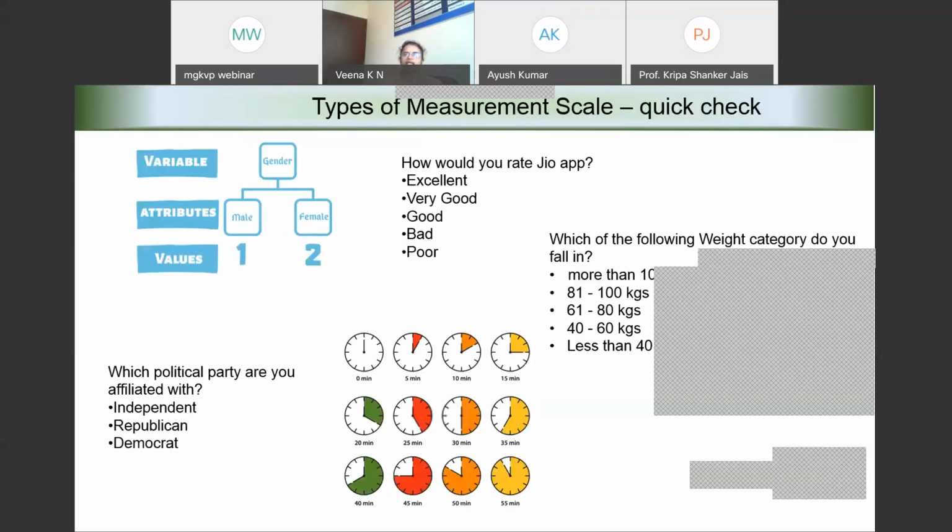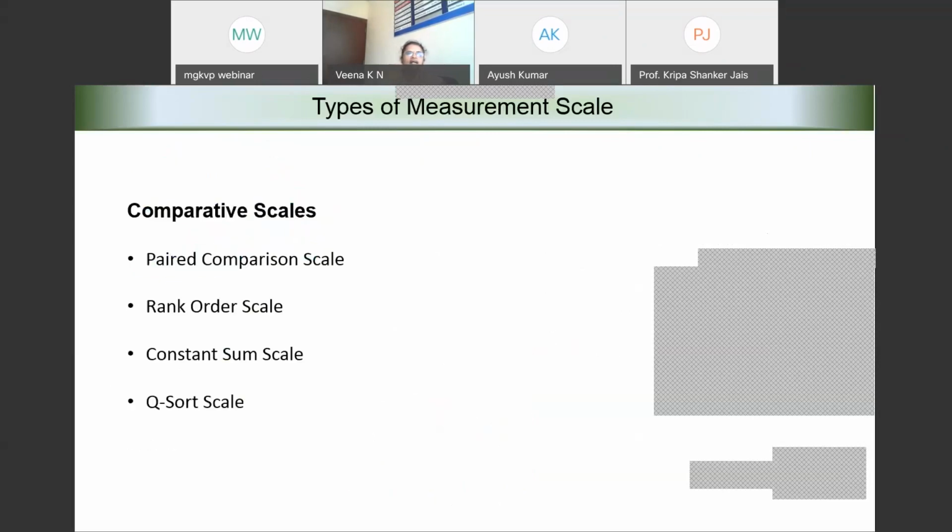So this quick example has helped us to understand whether we have understood the different types of measurement scales or not. Okay. Then other possible measurement scales that you might be using in your questionnaire preparation could be classified into two categories, comparative scales and non-comparative scales.